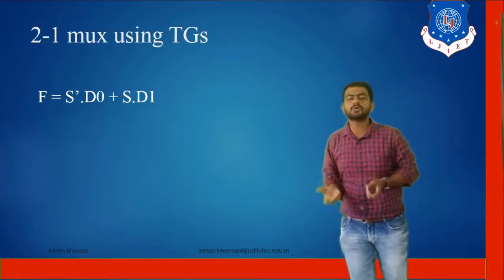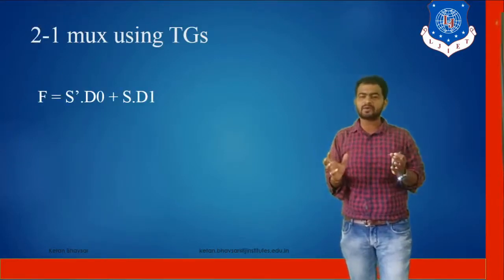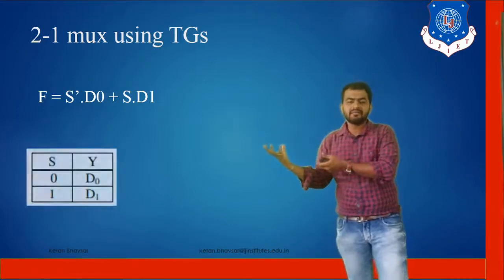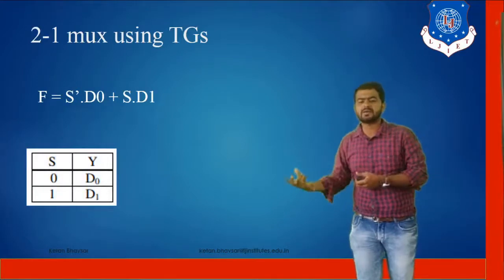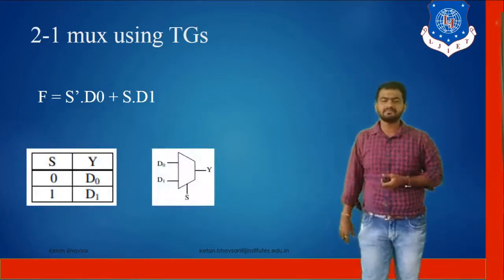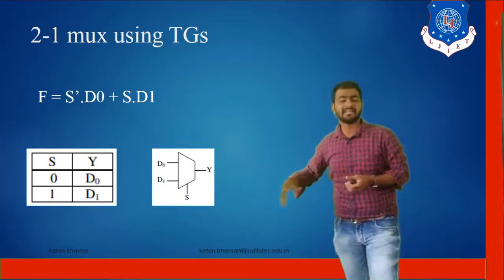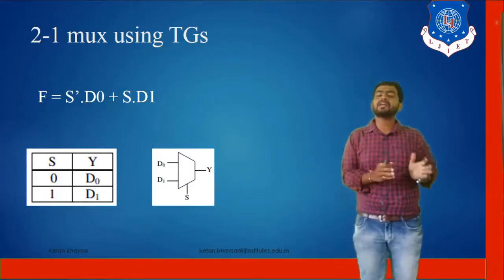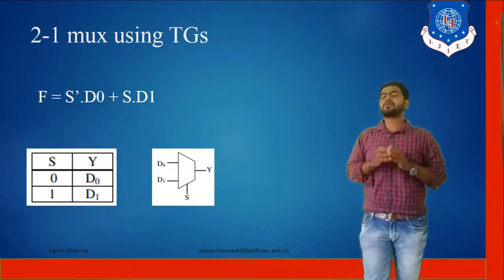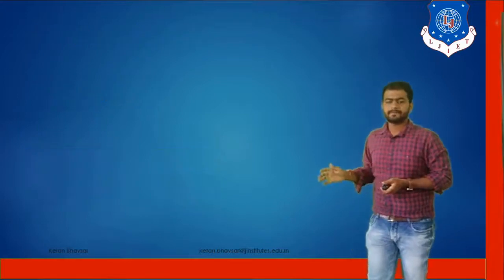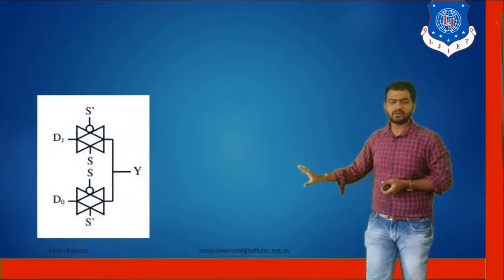Similarly, you can design a 2x1 multiplexer. How does a multiplexer work? A multiplexer just transmits the value from the left hand side to the right hand side. If S is equal to 0, then Y is equal to D0, and if S is equal to 1, then Y is equal to D1. So it's the symbol of the multiplexer that we already know, and you already know the digital circuit very well. Only then can you work with the transmission gate or any type of VLSI design circuit too. So now you can see the transmission gate symbol.